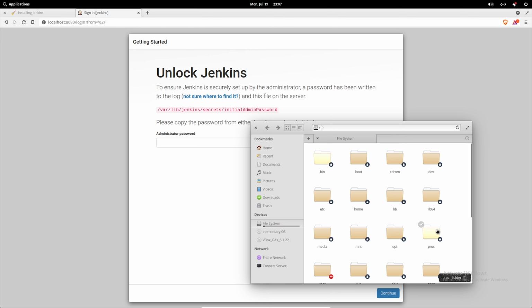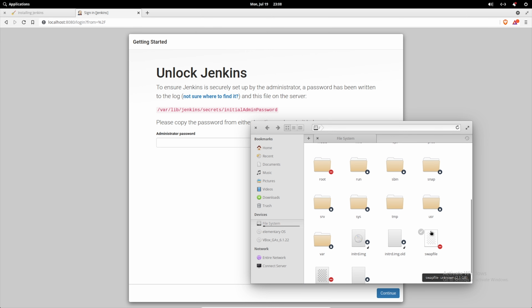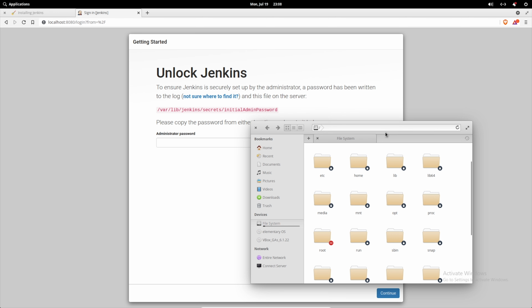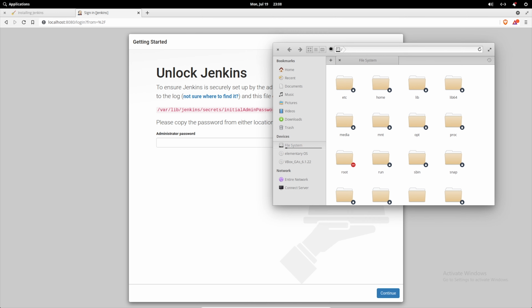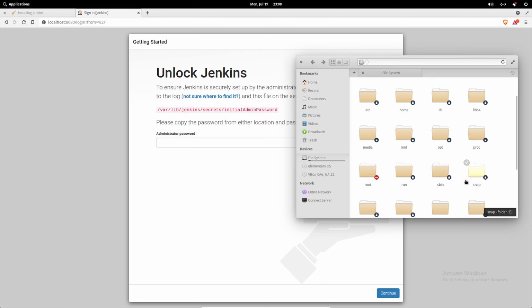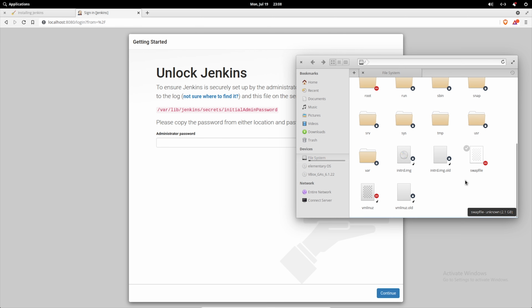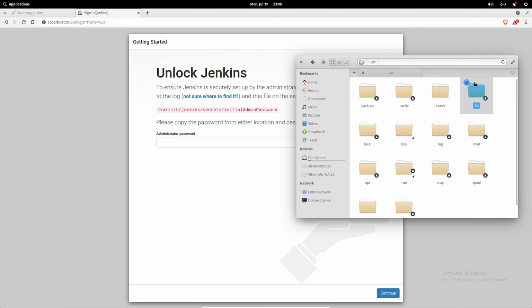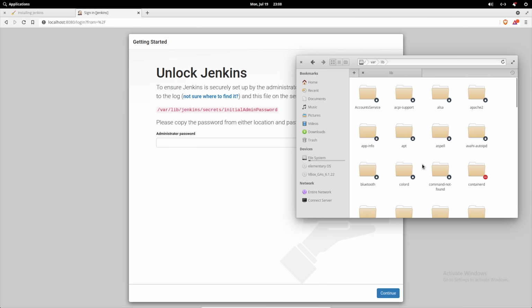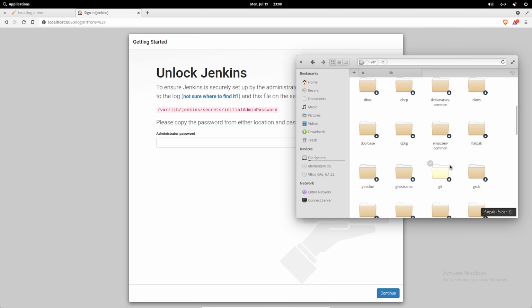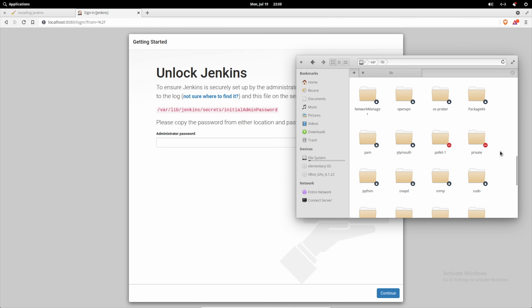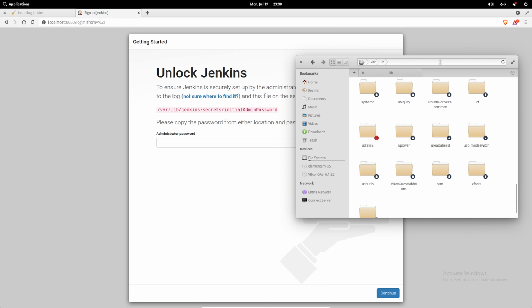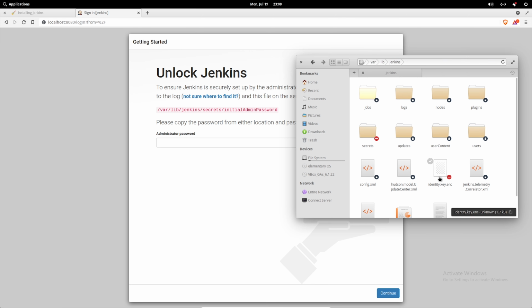We need to go to File System, then check for the var directory, then go to lib, then search for Jenkins. And then in that we need to go to the secrets folder,